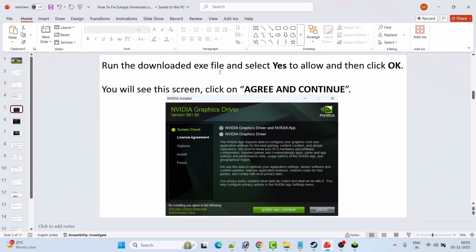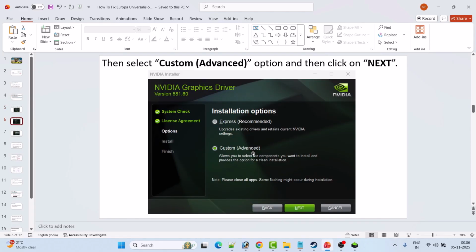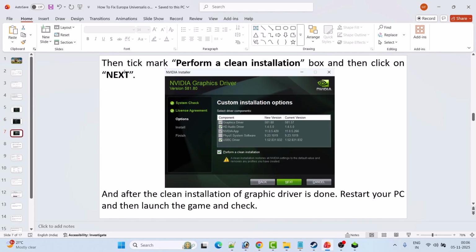run the downloaded exe file, select yes to allow and click OK. You will see this screen. Click on agree and continue, then select the custom advanced option and hit next. Then tick mark the perform a clean installation box, and then click on next. After the clean installation of the graphic card driver is done, just restart your PC once,